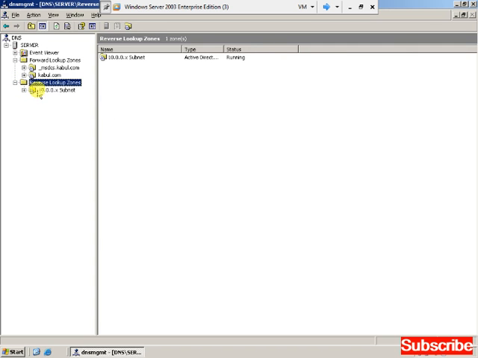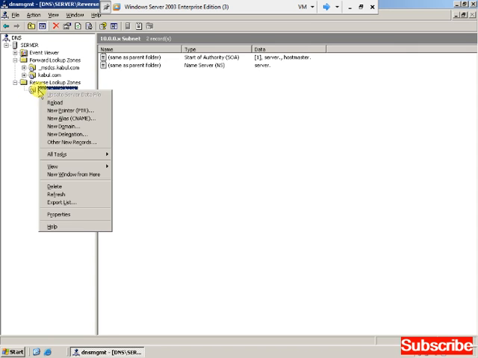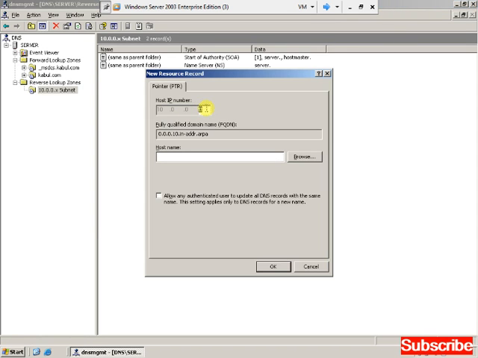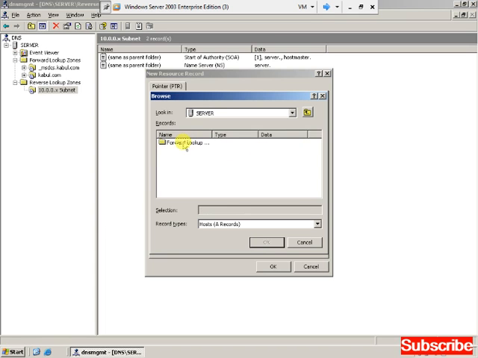You can see 10.0.0 is there, but we have just mentioned the network portion. Now we want to create an entry for the server. So right click on it and select New Pointer, and here you have to mention just 1, that is the host portion for the server, 10.0.0.1. Now from there click on the Browse button, go to server, select forward lookup zone